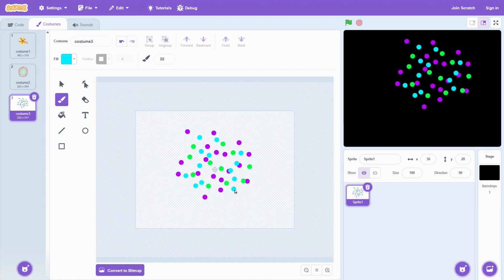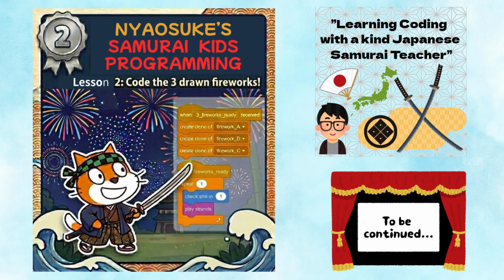Okay, with that I finished 3 types of fireworks. You can add even more types. It's fine to have just 2 or 4 or even 5. Okay, now that the fireworks look complete. Great job today! In our next lesson, we will bring our 3 fireworks to life with